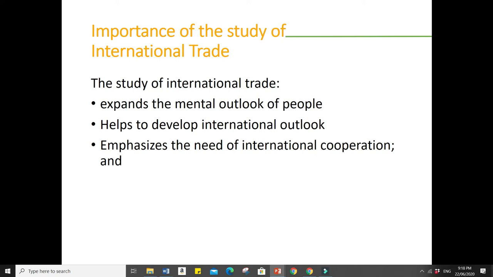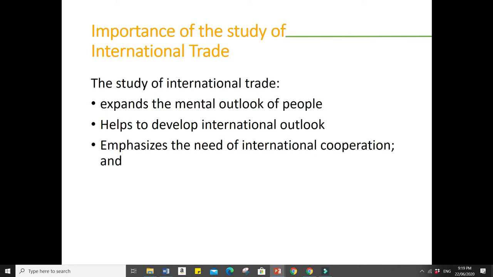Several problems in the world which cannot be solved single-handedly can easily be solved through international economic cooperation. So that's the reason why it is important to study international trade, because another reason is that it strongly supports the view of increasing economic cooperation in the global arena, which will go a long way in increasing prosperity of nations involved in it. It tells us that free trade is the best guarantee against the outbreak of global war.